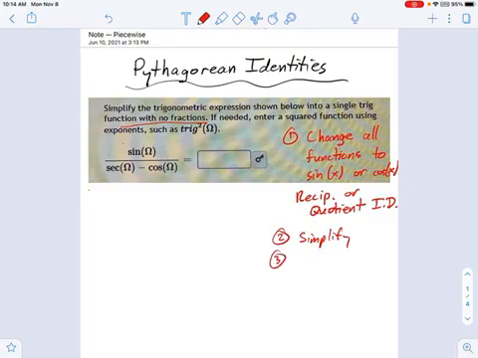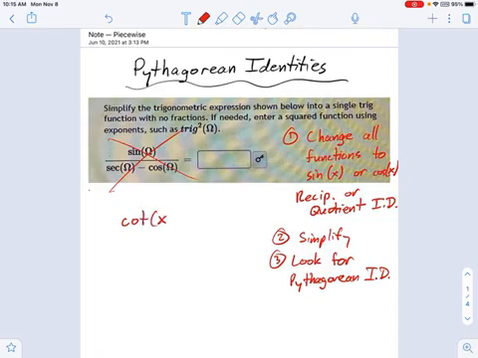And number three, look for a Pythagorean identity. And that Pythagorean identity will usually simplify things some more. And eventually you'll be able to get this to a single function. So as an example, I'm not going to do your work for you in this one because that's going to take all the fun out of it, right? Let's try something else. Let's do